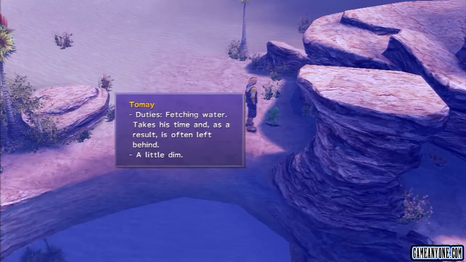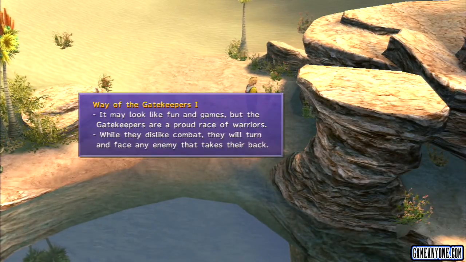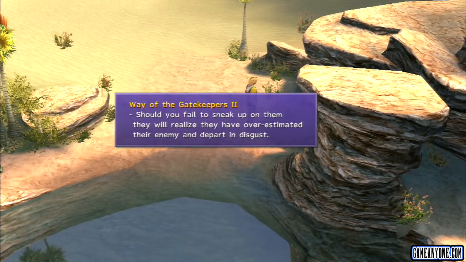while. So, Tommy, duties, fetching water. It takes his time, and as a result, it's often left behind, a little bit dim. So, Way of the Gatekeepers. It may look like fun and games, but the Gatekeepers are a proud race of warriors. While they dislike combat, pretty much